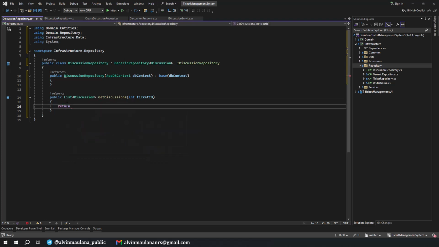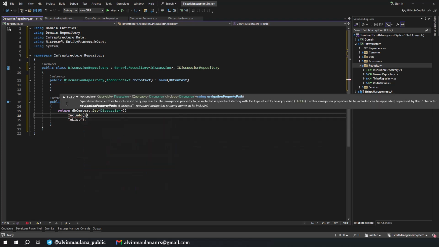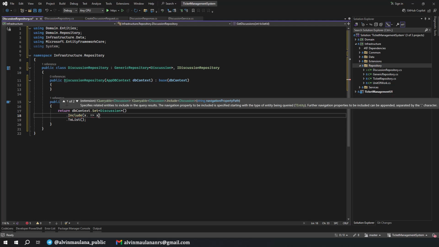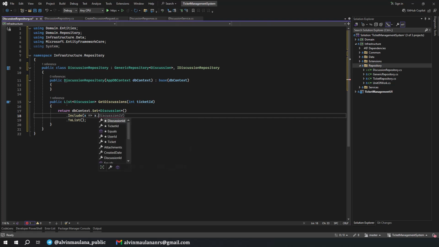Return db context. We will have a discussion but not to list. Later we will use it, but first we need to add the reference of our attachment. Where is it? X attachments. Okay, nice.